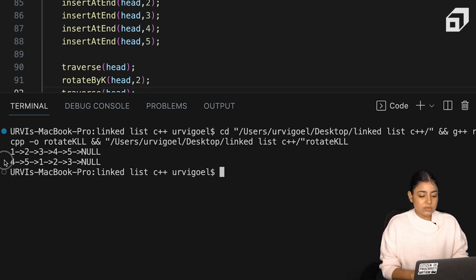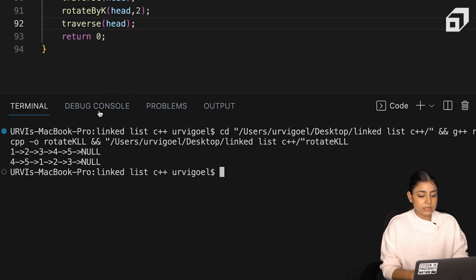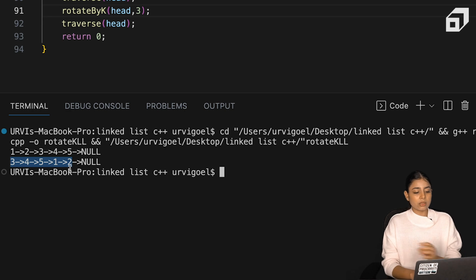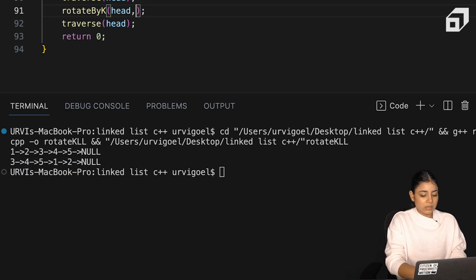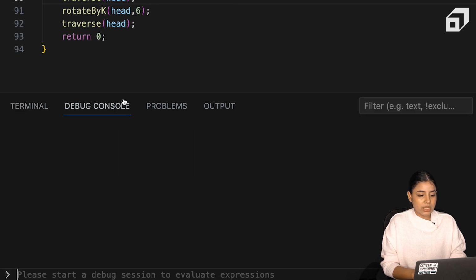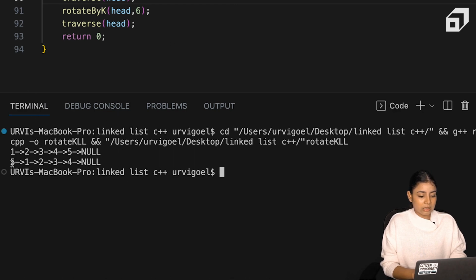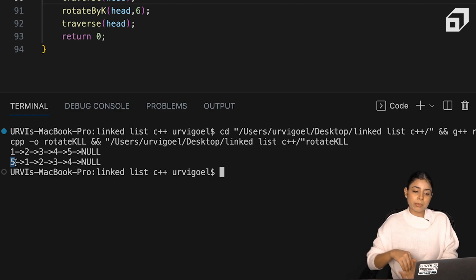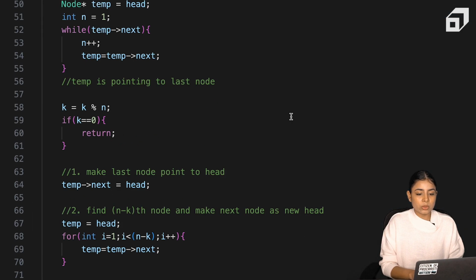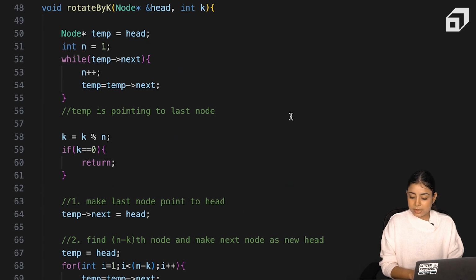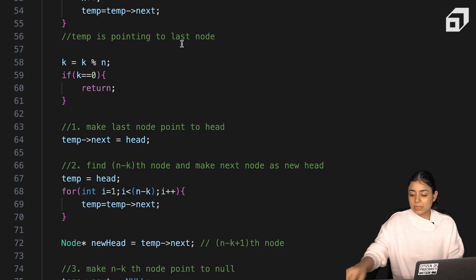So you can see here, this is my original linked list, and by rotating the list by 2 steps, this is my output. Okay, if I change k value to 3, then the last 3 numbers 3, 4, 5 will come at the beginning, right? So looks good, and you can see if I pass k value equal to n, nothing happens. If I pass k value more than n, 6, then that is equal to passing k is equal to 1. This is how we rotate a linked list by k steps,